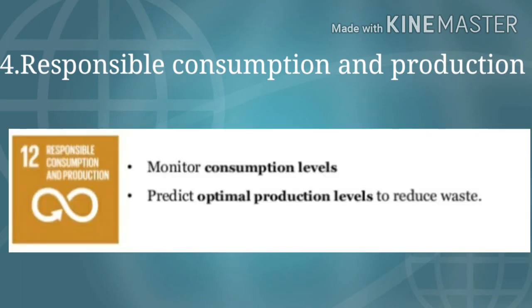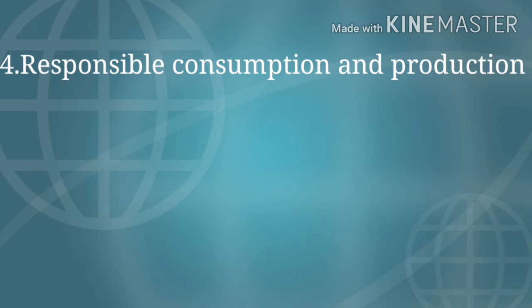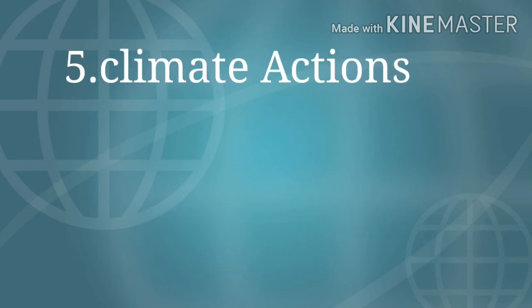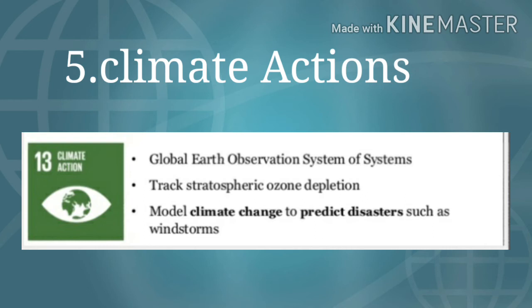How can AI help? Yes, AI-based smart systems help to boost farm productivity and reduce wastage of resources. The next is climate action. Different AI-based solutions are used to reduce emission of greenhouse gases, which will lead to reduced pollution and also encourage the adoption of non-polluting renewable energy resources.